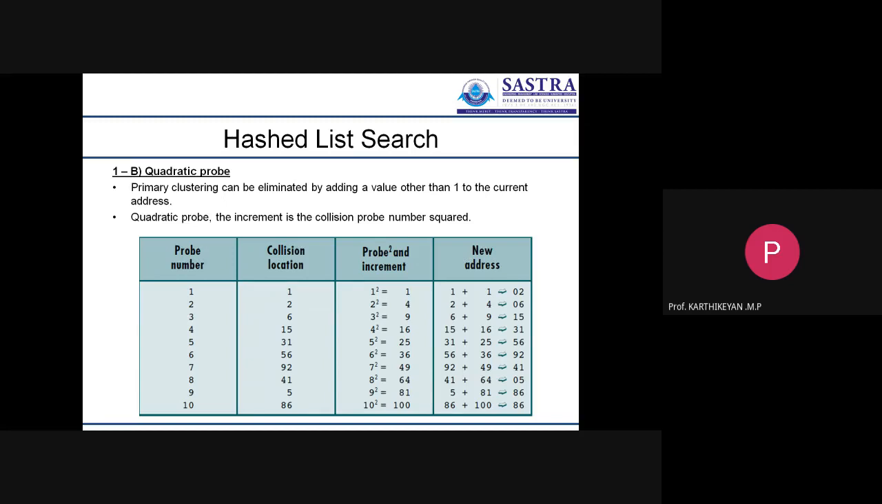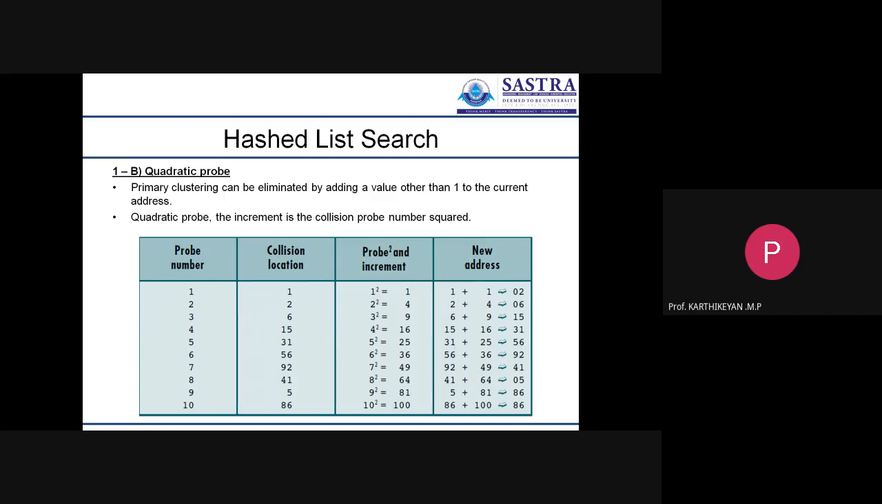That must always be checked. Suppose there are only 100 elements we can store; the new address cannot be more than 100. So we need to perform the modulo operation. And again, here also there is a chance of